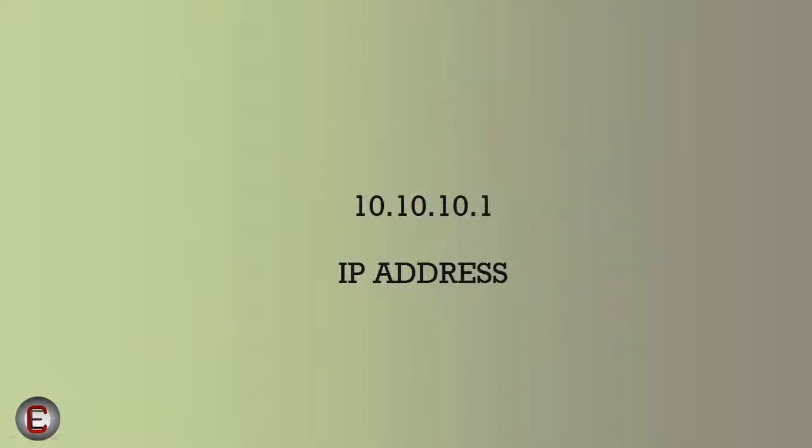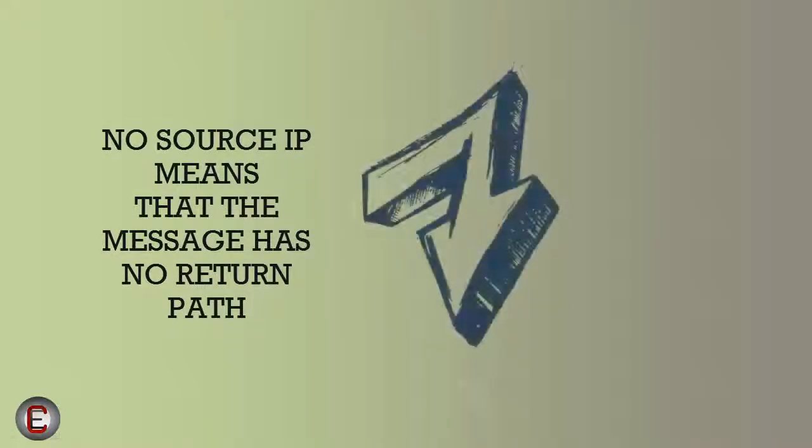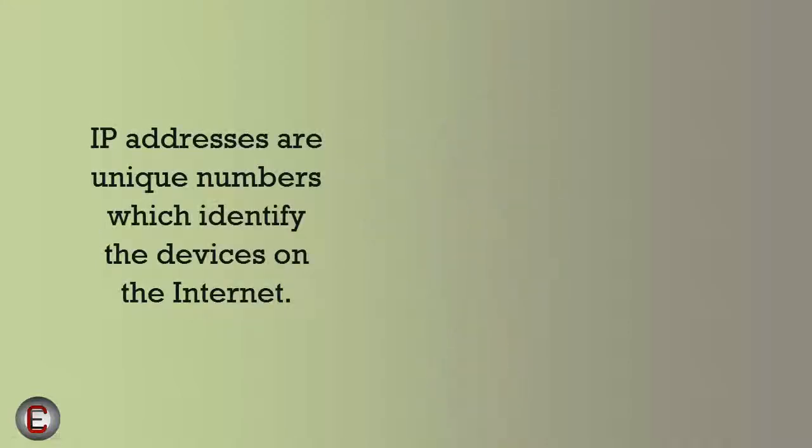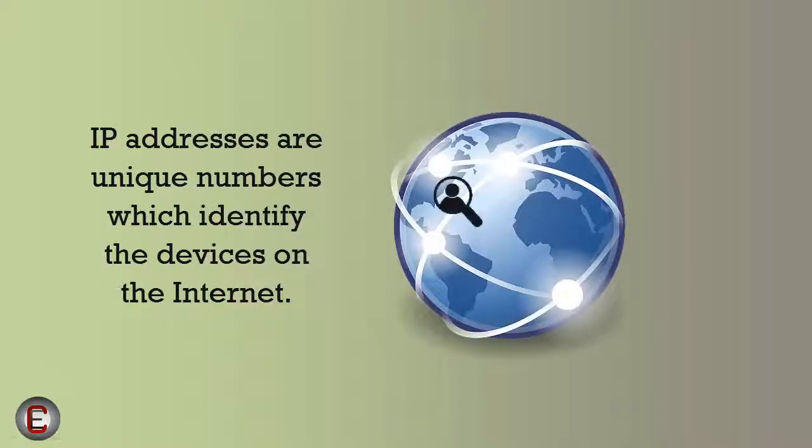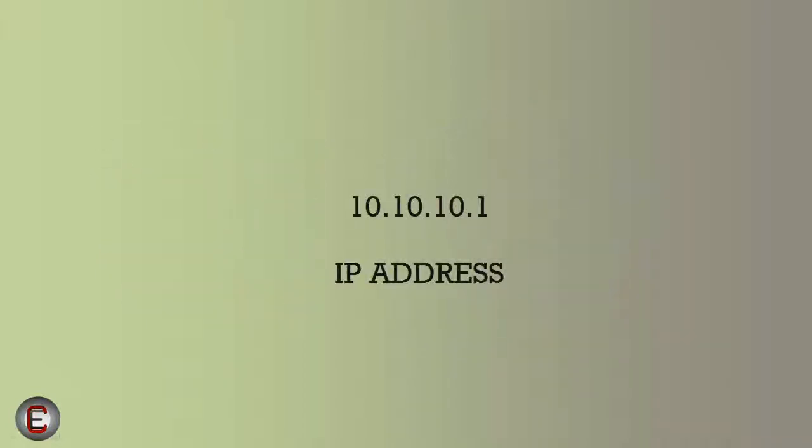This IP address is the way the devices sending the message know who is sending what to whom. Not including a source IP address when sending a message over the internet is like sending a message with no return address to a stranger who has to deal with a lot of messages every minute and expect to get a reply. In short, IP addresses are unique numbers which identify the devices on the internet. If you look at an IP address in detail, it is basically 4 numbers separated by dots. This particular IP address would be pronounced as